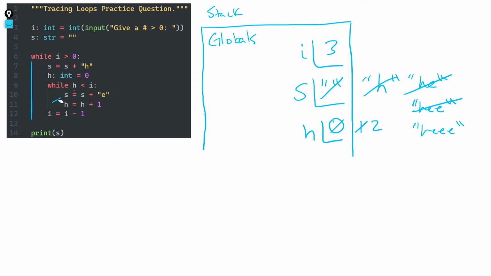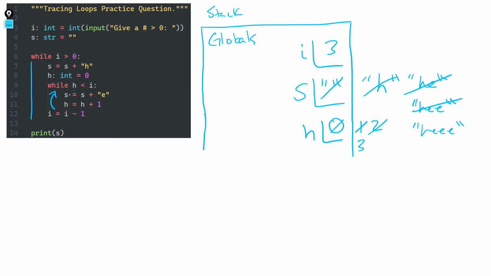And we add 1 to h. You'll see me crossing these things out. If you'd prefer to just erase, that's fine. And typically on a quiz problem, you wouldn't have quite the length of strings that we're building up here to be concerned with. But let's go back up one more time.